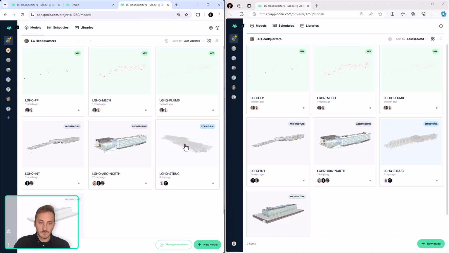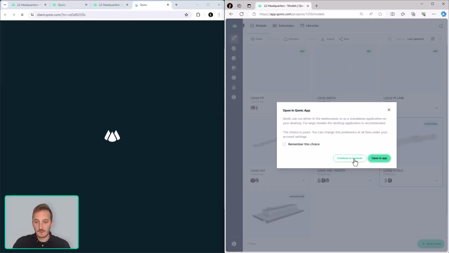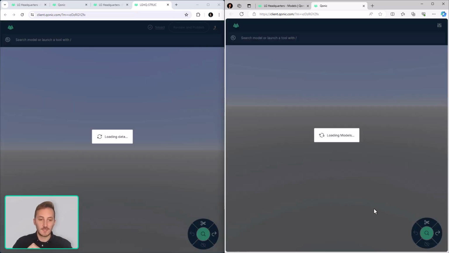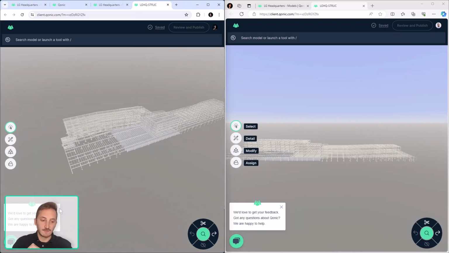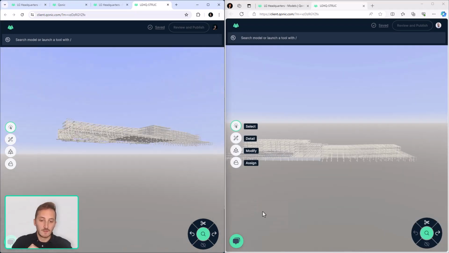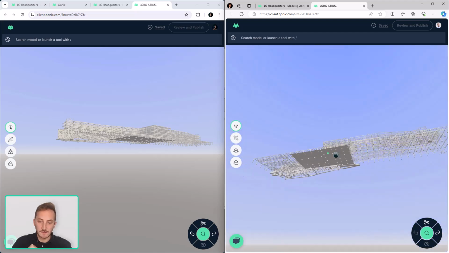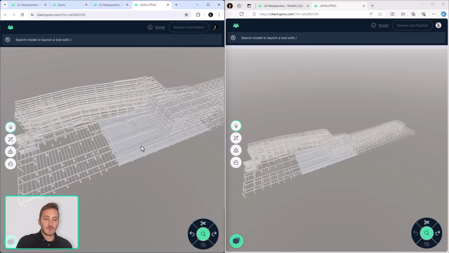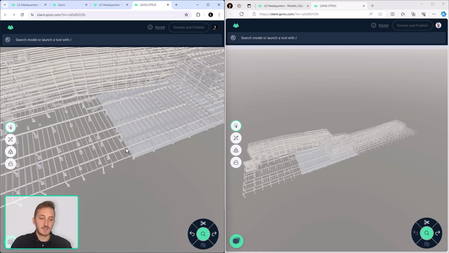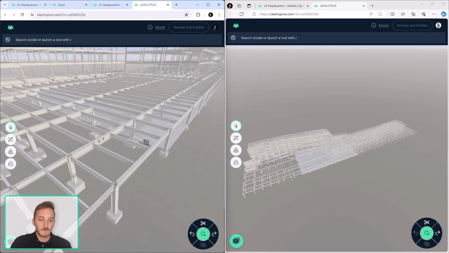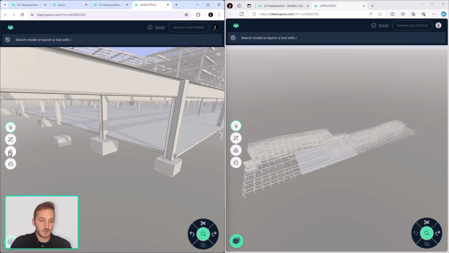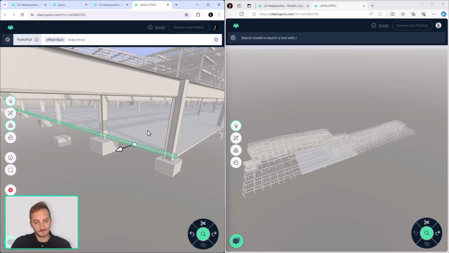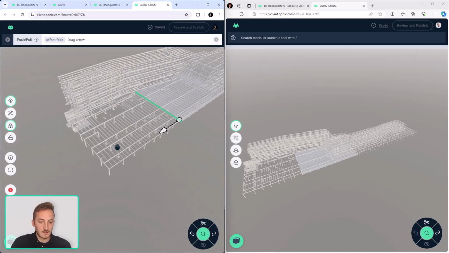For instance, this structural model here, let me just open it in both separate browsers. And we'll make some changes that conflict. So for example, this model contains some foundation slab or some floor slab. And maybe person A thinks, okay, this floor slab should actually be extended along the entire length of the building. So let me rectify this and let me push-pull this floor slab to the end of the building. So it basically covers the entire building,